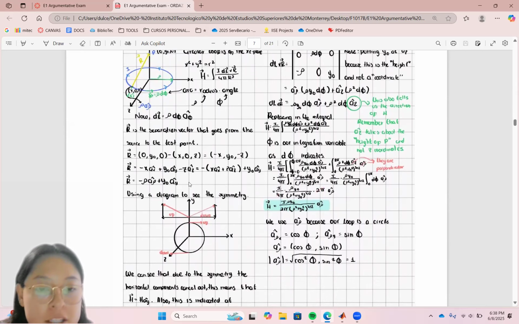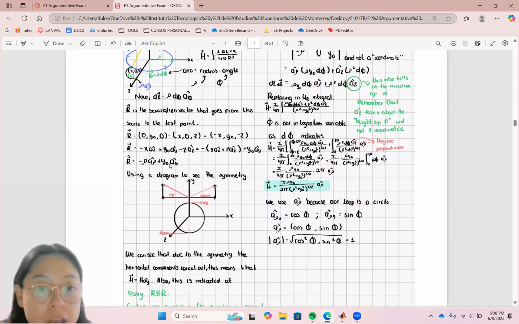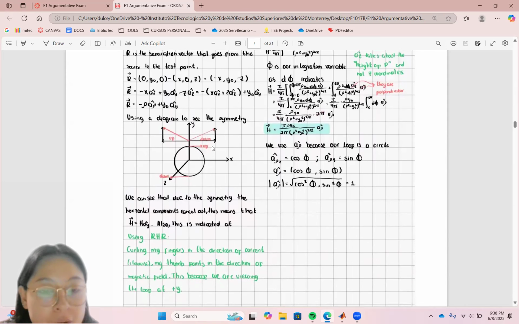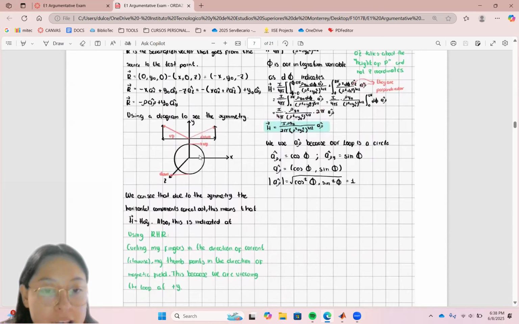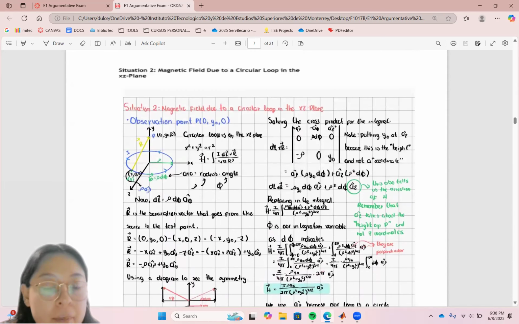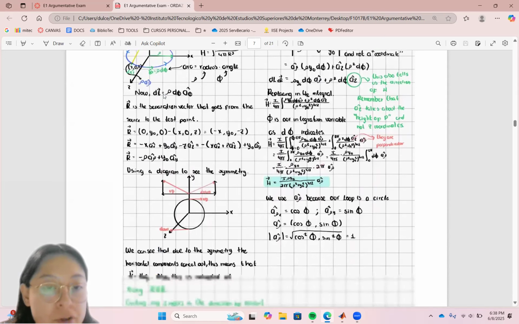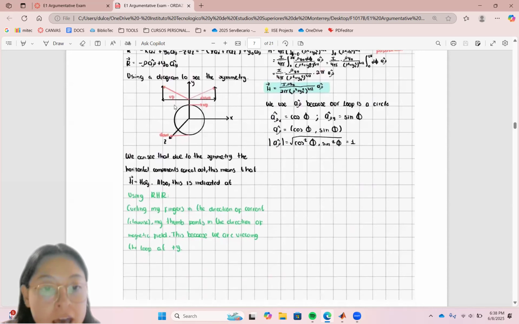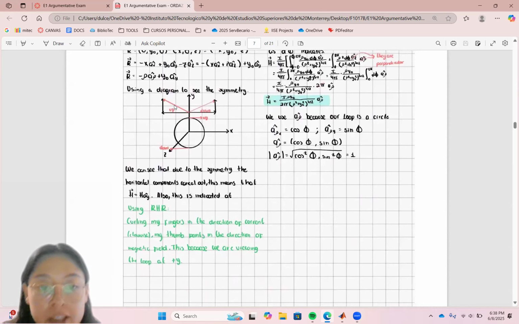And I make these equations, and then using my diagram of symmetry, I can see that the horizontal components cancel out, so only the magnetic field at this observation point goes in the direction of the y-axis. And using my right hand rule, curling my fingers in the direction of the current, which is clockwise,